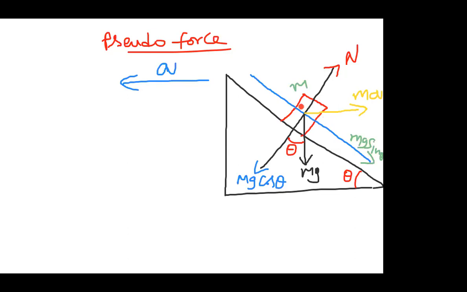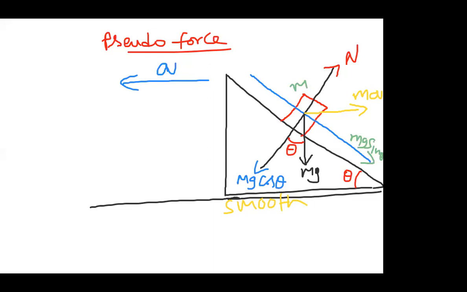Because here, this inclined plane is on a smooth surface. Everywhere is smooth, no friction at all. We are not discussing friction here. This plane is also smooth. Now, the inclined plane is accelerating in this direction, so the pseudo force on the block will be in the opposite direction. That is the pseudo force application. Pseudo force always acts opposite to the acceleration. So now the block is experiencing pseudo force.